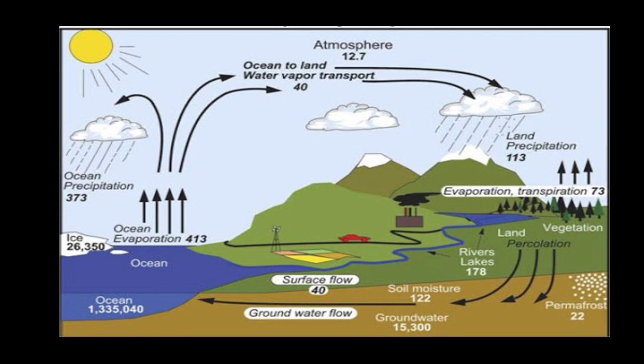Here in this picture, you can see from the ocean, the water evaporates, the ocean precipitates, and the water vapor is transported. Land precipitation occurs, evaporation and transpiration occur, and finally it comes again to the ground and again from the ocean, like